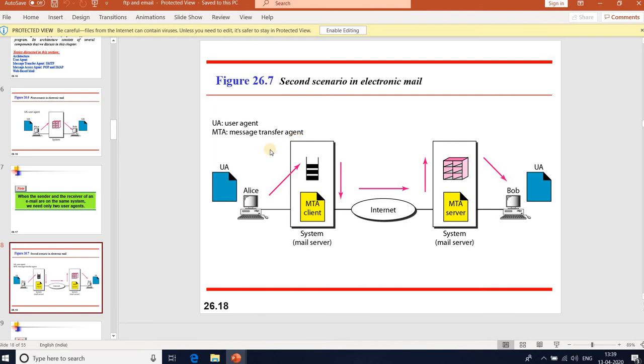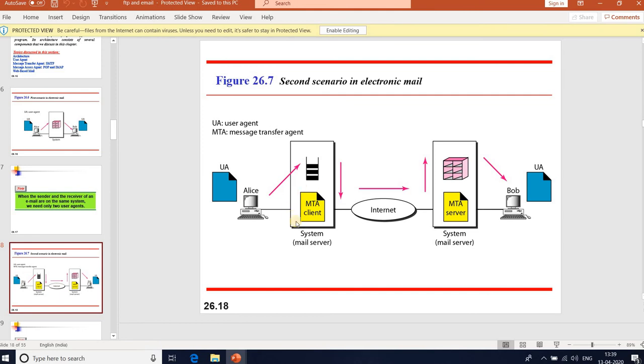First of all, Alice is at the sender side and Bob is the receiver. Alice needs to use a user agent program to send her messages to the system at her own site. This system is sometimes called a mail server.